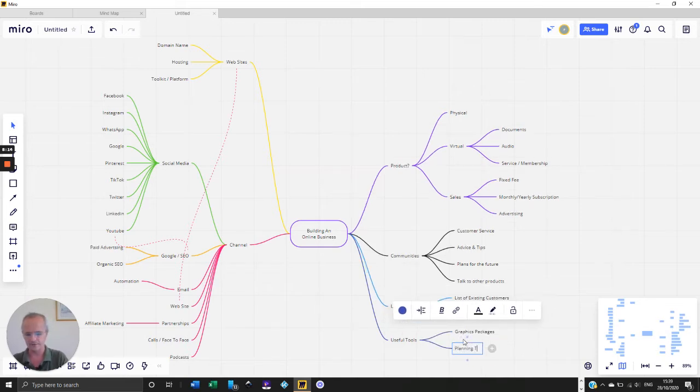Planning tools. Second thing to look at, planning tools. Now this mind mapping application, Miro, is a beautiful way of brainstorming and allowing you to build up the initial ideas of what you want to do with your business. But there are a multitude of other things: task management, goal management, communication platforms. You might be on your own at the beginning, but you're probably going to be building up teams in the future, and you need to communicate with those teams. That's very important as well.